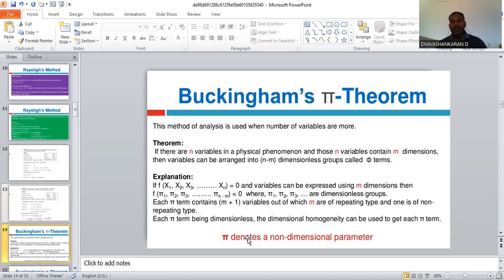Next we move to Buckingham's pi theorem. As we already discussed in the Rayleigh's method slide, when the variables are more than 3 or 4, we cannot solve by using Rayleigh's method. So apart from that, we have been using